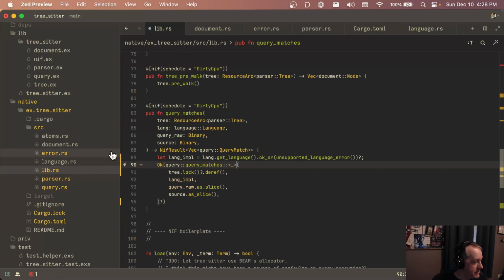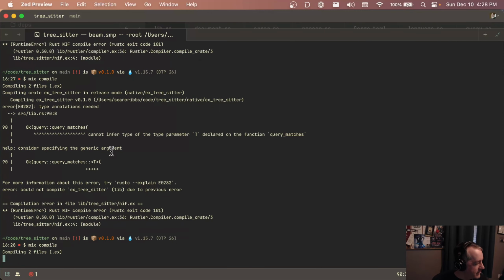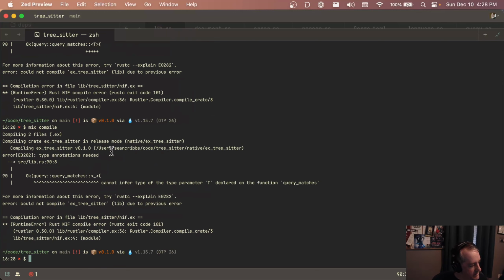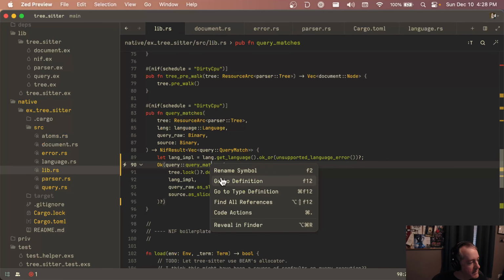Honestly, we don't care. Maybe we could just say, yeah, we have to help out the compiler here. So maybe what we could do is actually specify that on this. The thing is, I don't think it